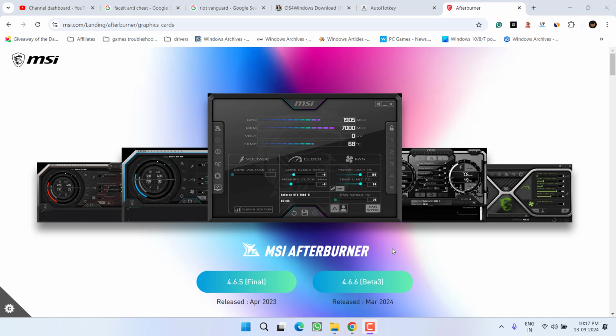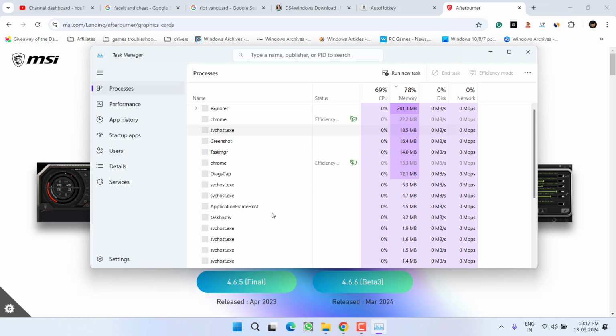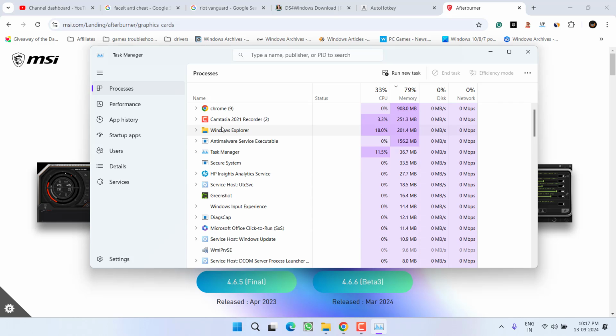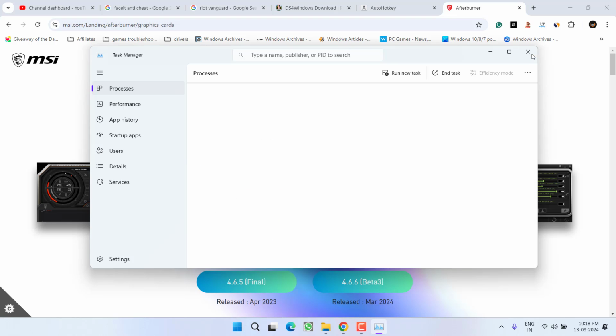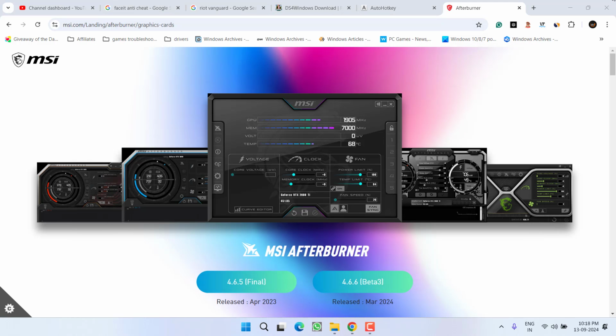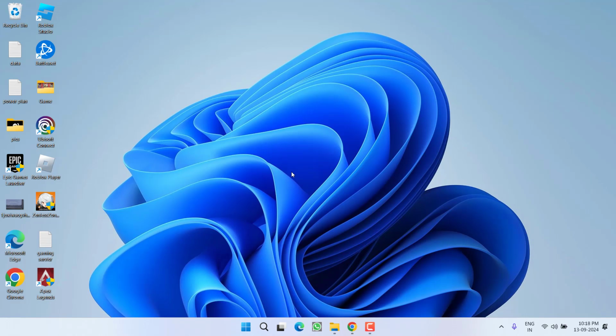If they are running, either completely uninstall them from your system or right click on the taskbar and choose the option Task Manager. Right, in these processes, if one of the tasks is running, you need to right click and choose the option End Task and close the related software from your system. After closing or uninstalling these software, relaunch the game to fix the issue of launch error 30005, couldn't start the game. If this also failed, the issue is with your Windows files and you need to repair them.